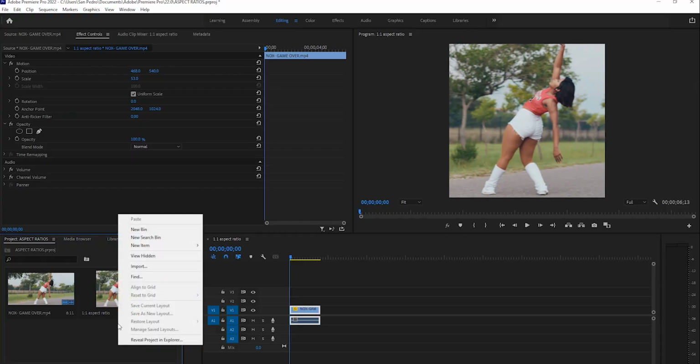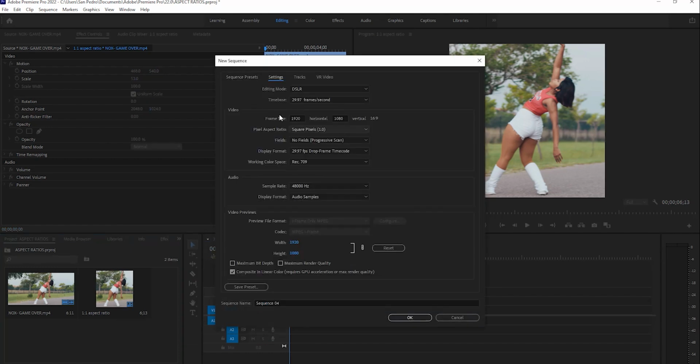The second one is the 4:5 aspect ratio, which is 1080 by 1350, which is also mostly suitable for Facebook, Instagram, WhatsApp. You can also use the aspect ratio on TikTok, but I normally use this aspect ratio for mostly Facebook and Instagram, and as well as WhatsApp. So let's create that one, which is